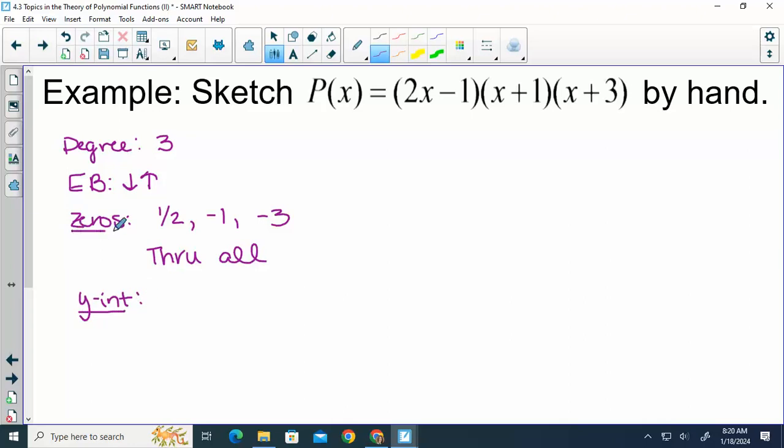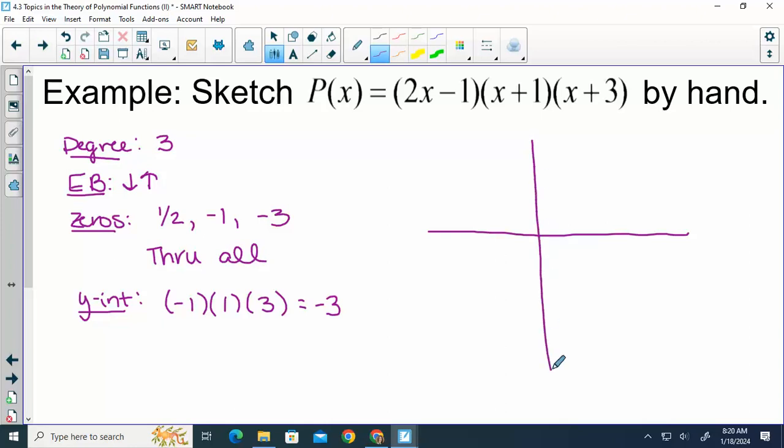How do we find a y-intercept? Okay, where you hit the y-axis is when x is 0. So if I plug in a 0 for each of my x's, 2 times 0 minus 1 is negative 1. 0 plus 1 is 1. 0 plus 3 is 3. So my y-intercept is negative 3. And now we can draw the